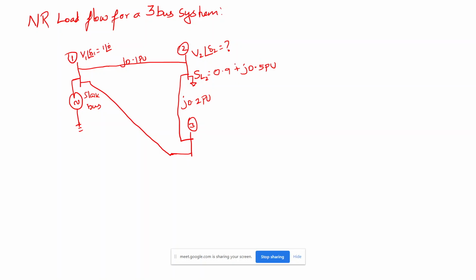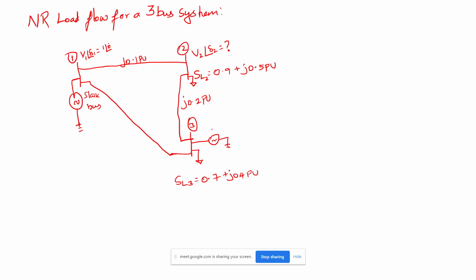So this is given for you, and let's say here also one generator is there and a load is there, and the power at load 3, SL3, is equal to 0.7 plus j0.4 per unit,